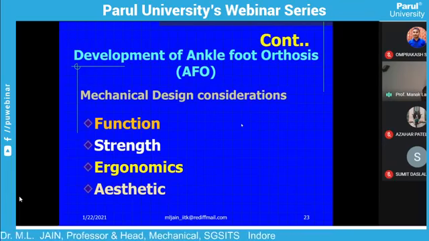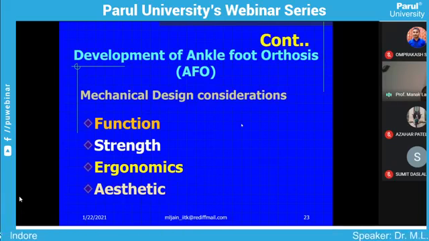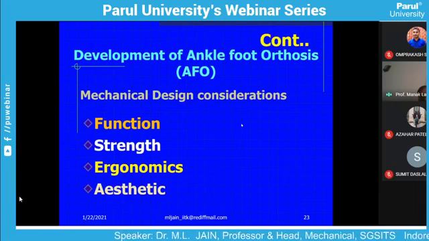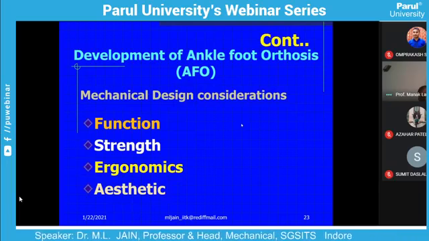So orthosis is a device which is supporting the human body interface for some limited duration of time, and then it is removed once the subject is okay. So this is known as orthosis, and when this is applied to the foot, it is known as ankle foot orthosis. So we are developing a unique medical device for this correction of club foot, which has sufficient capabilities for